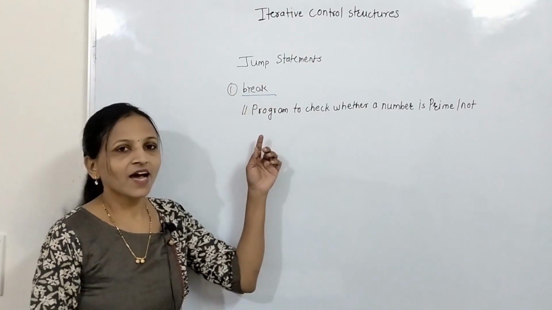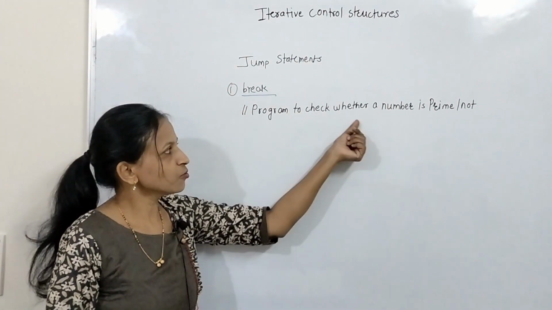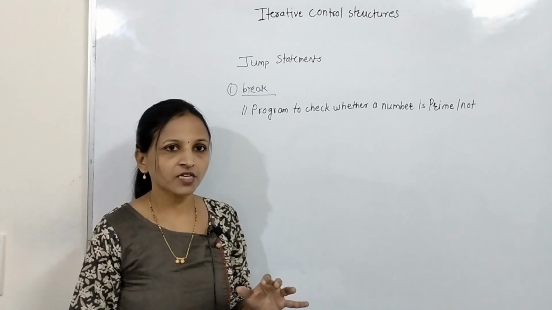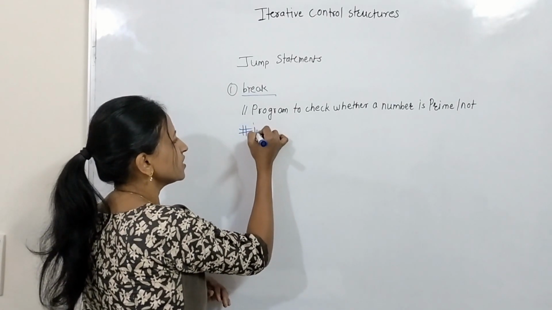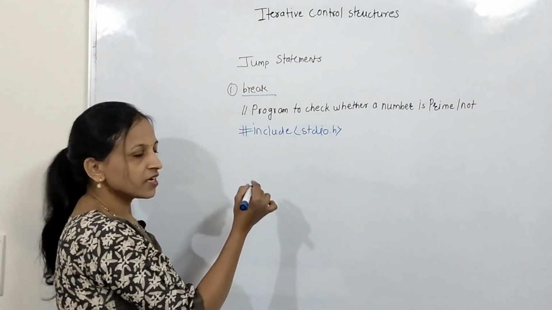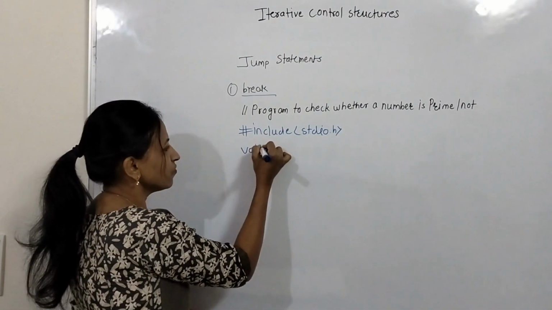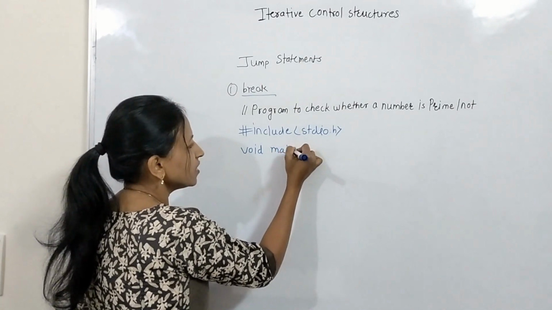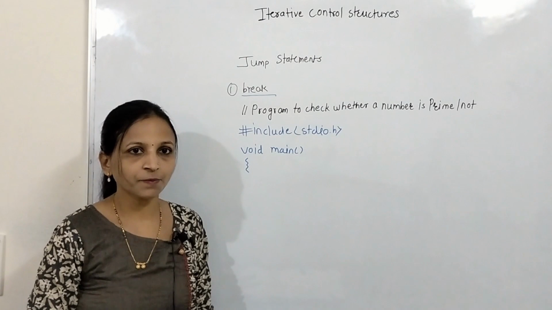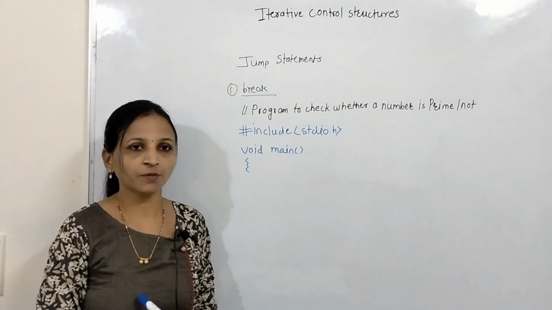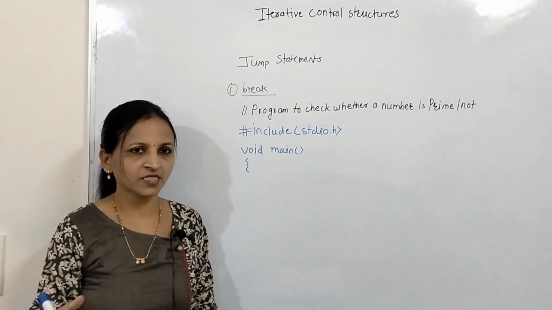Now see, here I have written a comment, that is, program to check whether a number is prime or not. First we have to include the header file, #include stdio.h. Okay, now the main function, void main. Here we have to accept a number from the user first. After accepting that number, we will check whether that number is prime or not, and as per that we will